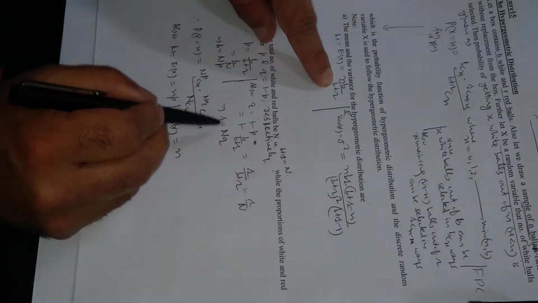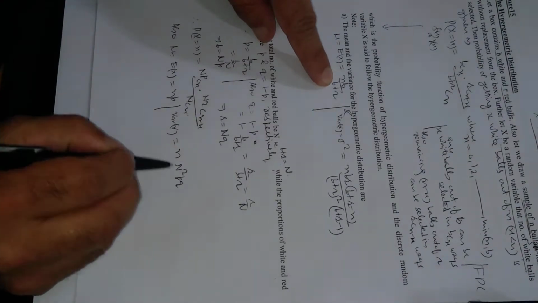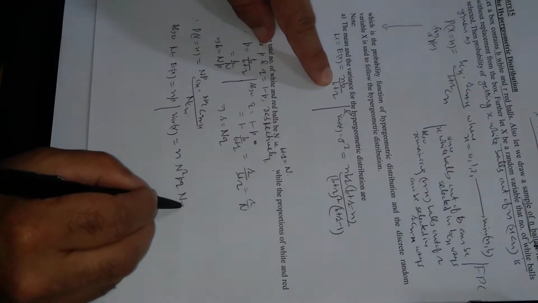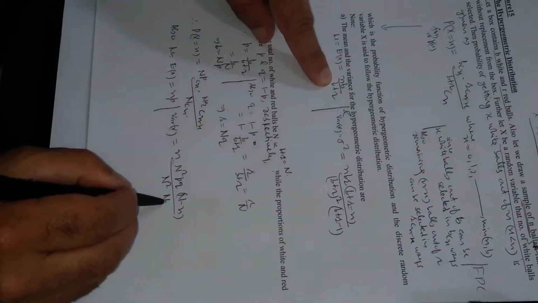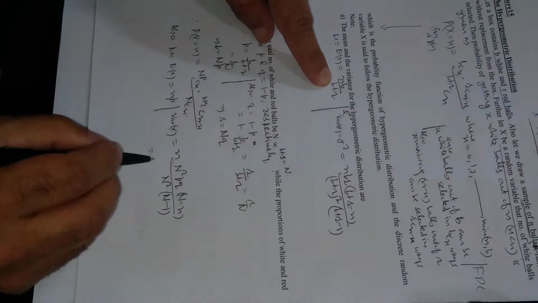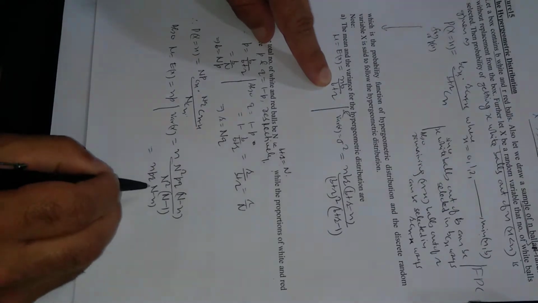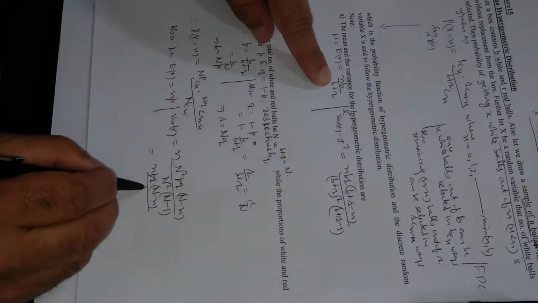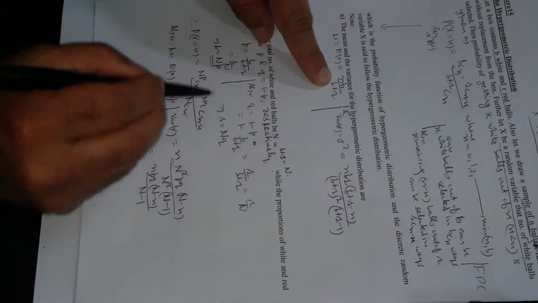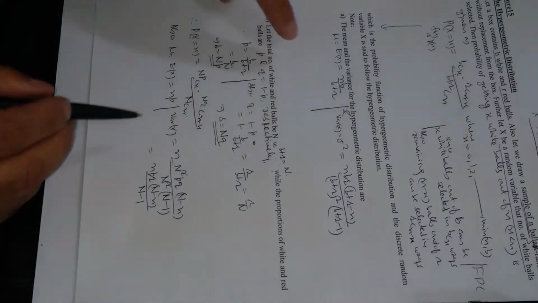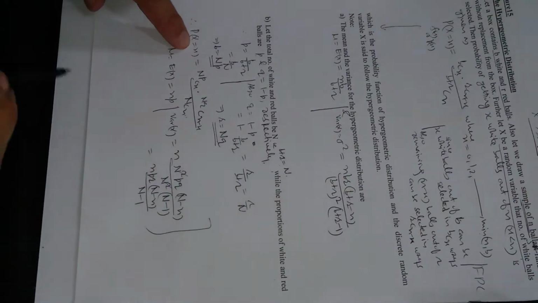B and r means multiply these two, so this will be n square pq. B plus r is capital N, minus small n. Next, b plus r is capital N square, and this will be N minus 1. N square cancels, so this will be npq, capital N minus small n, divided by N minus 1, because these two cancel each other. Just substituting the value of b and r from these results. So these are the revised mean and variance, and this is the revised density function.